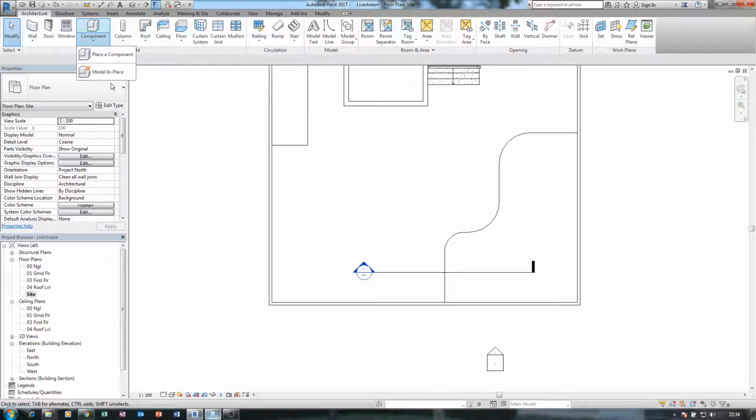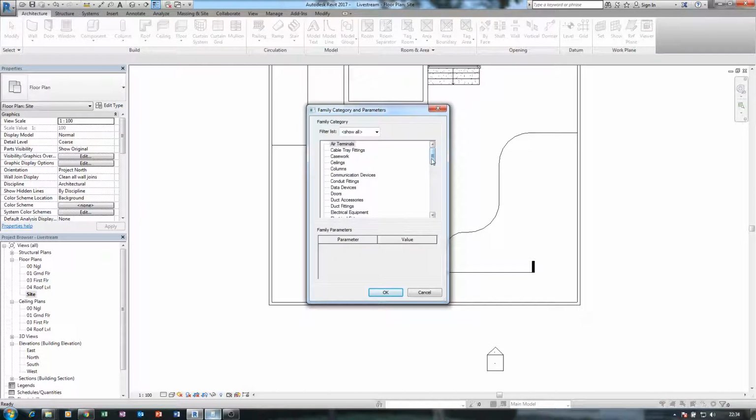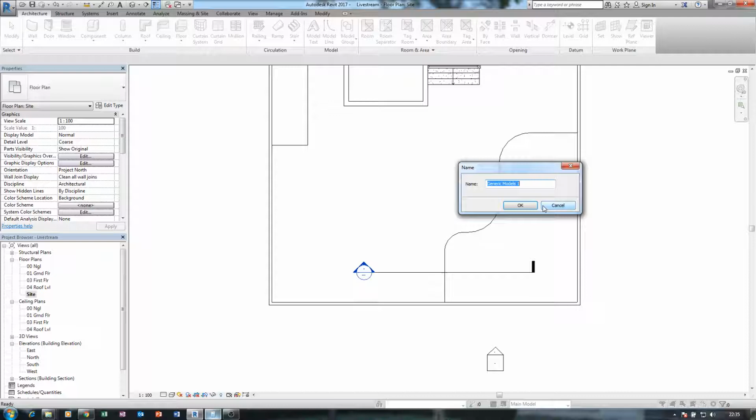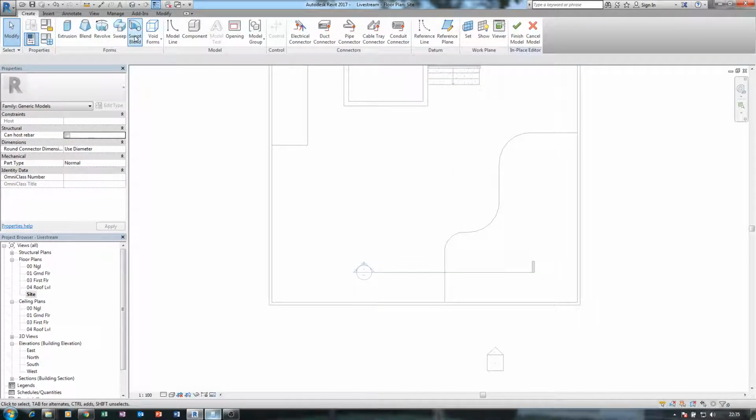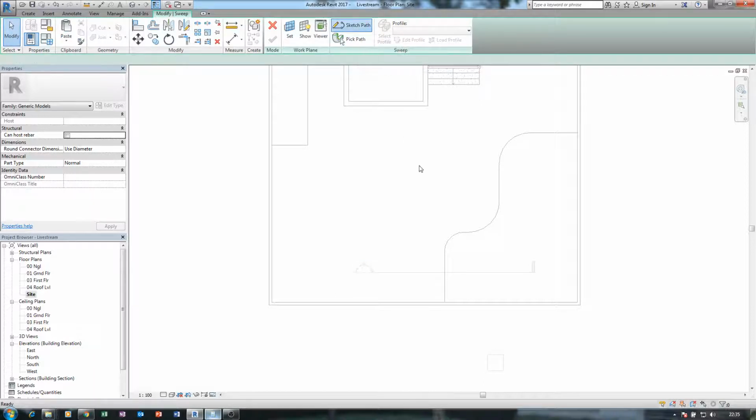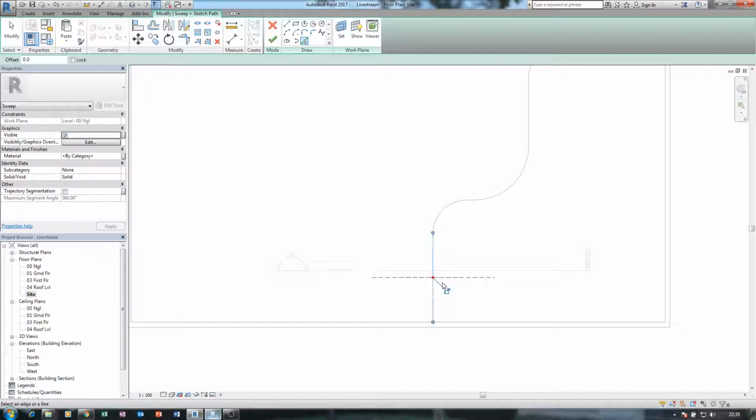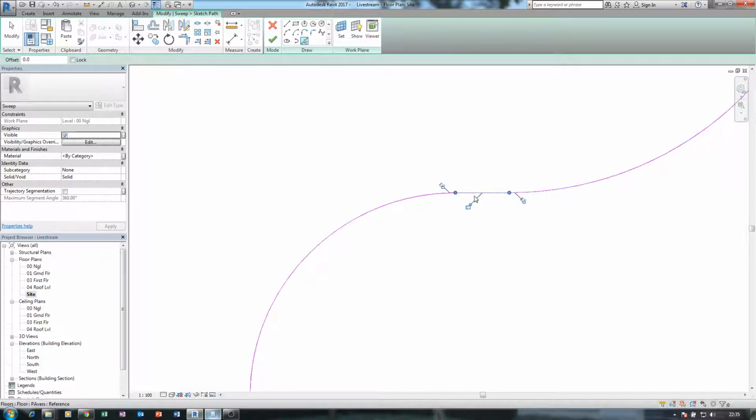Model in place. Generic model, curb. So sketch, and I'm starting from here because that's where I cut my section. And here we are.